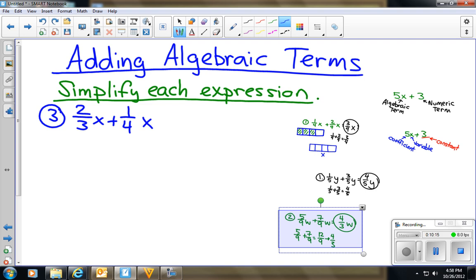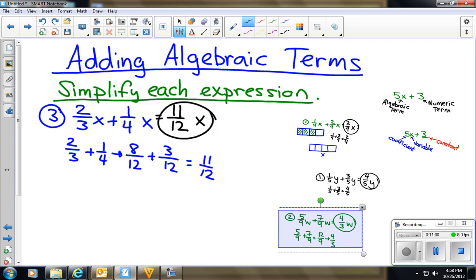All right, now this one's a little bit more complicated because we have thirds and fourths we're dealing with. So if I had 2/3 plus 1/4, I would want to rewrite this with a common denominator. So I'm going to go ahead and make them into twelfths. So 2/3, 3 times 4 is 12, so 2 times 4 is 8. And 4 times 3 is 12, so 1 times 3 is 3. And this will get me 11/12, right? So my answer to this problem is going to be 11/12